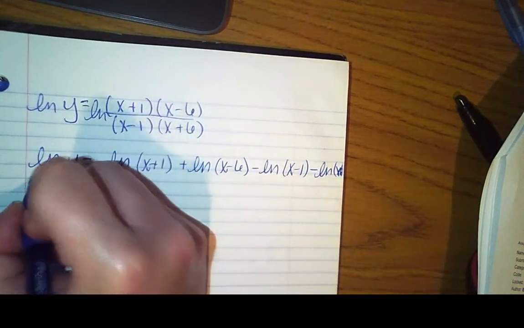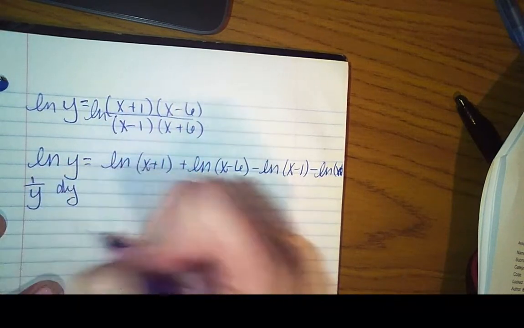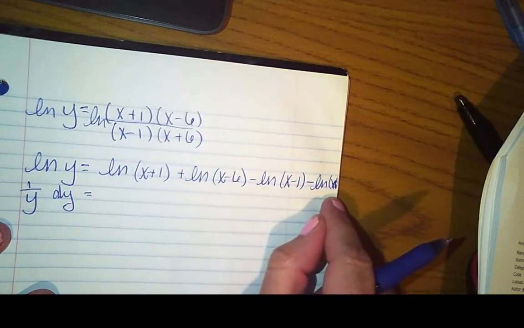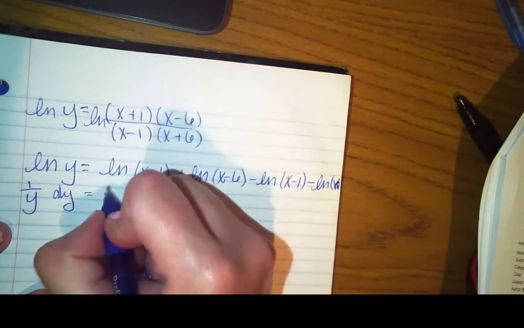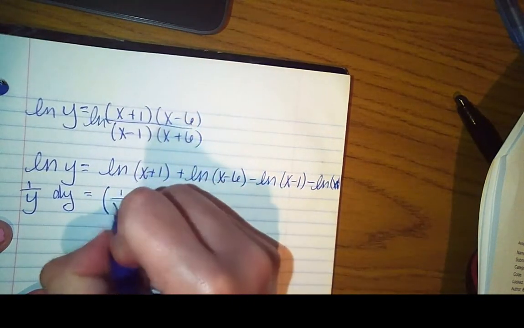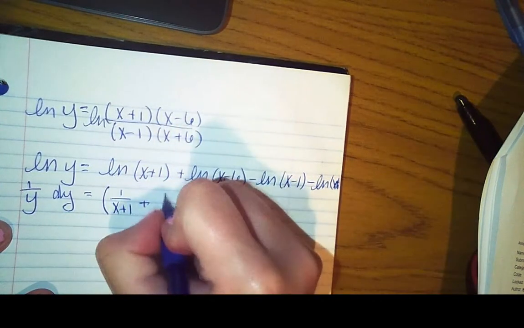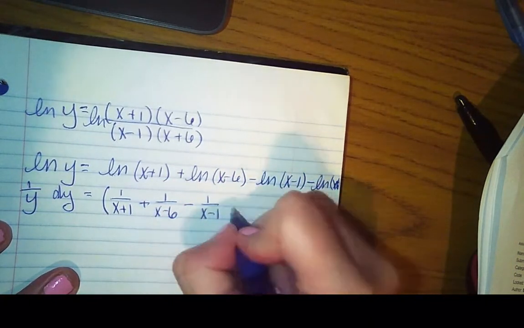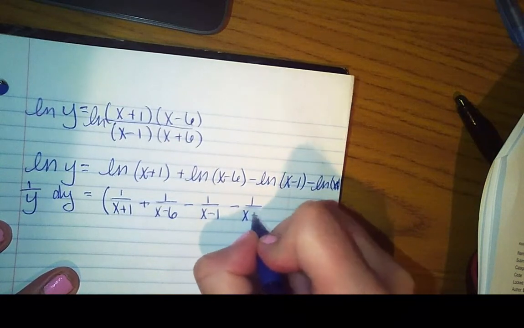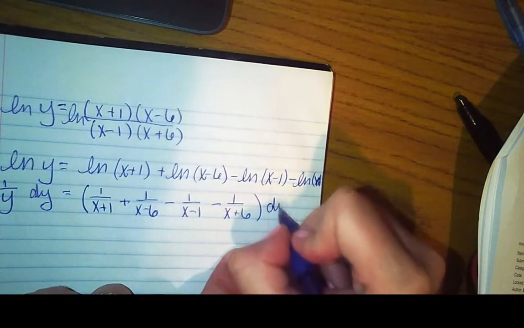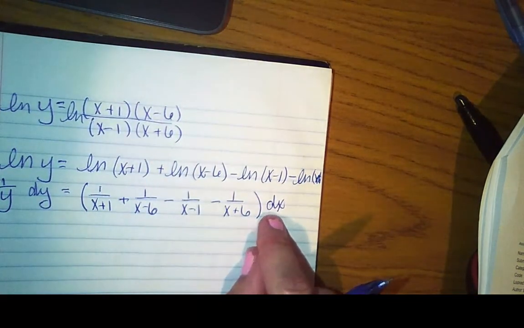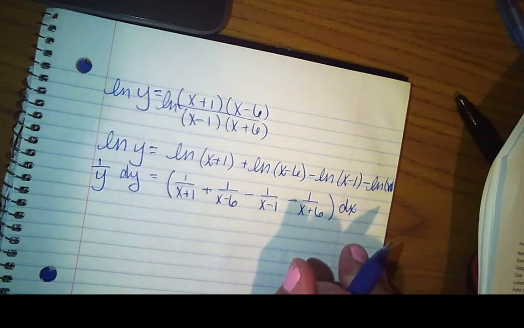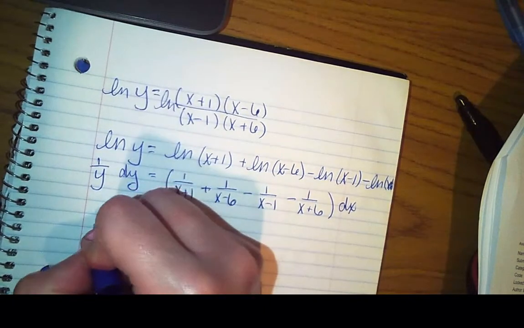The derivative of a natural log is the derivative of the argument over the argument itself. So then I get, remember, each one of these is going to have a dx. So I'm just going to factor it out at the end. So this will become the derivative of the argument over the argument itself plus the derivative of the argument over the argument itself minus the derivative of the argument over the argument itself minus the derivative of the argument over the argument itself. And everything has a dx, so I just factored it out at the end. So divide both sides by dx, multiply both sides by y. So I get dy dx